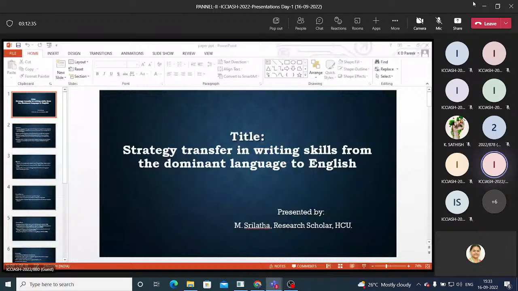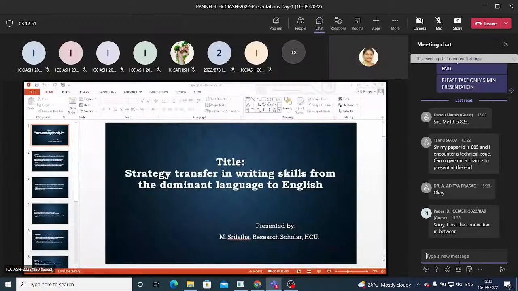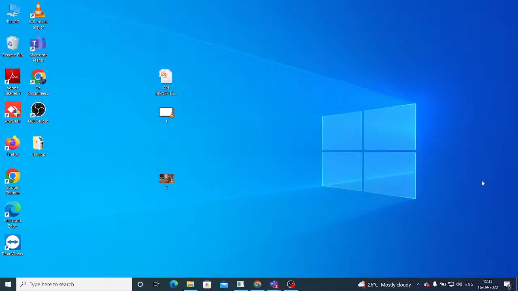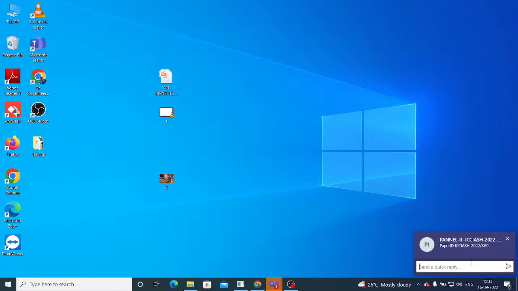When it comes to the literature review, Rebecca Oxford proposed two types of strategies. The first is for the learner who wants to learn English as their second language; for them, she proposed 80 strategies. And for the English learner who wants to learn another language as their second language, she proposed 50 strategies. These strategies are basically of two types: indirect and direct. In those indirect and direct strategies, there are also subtypes: cognitive, metacognitive, and social, affective, compensatory,